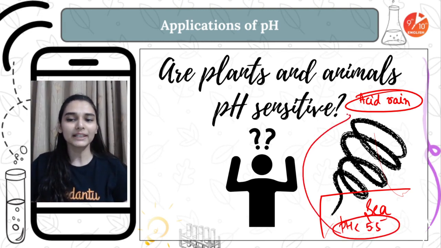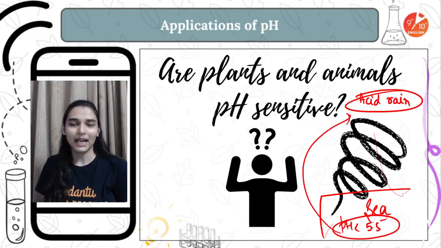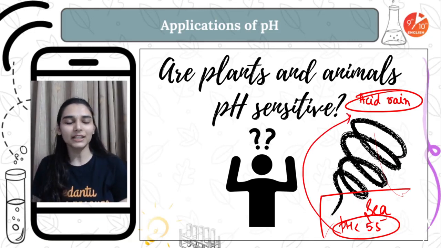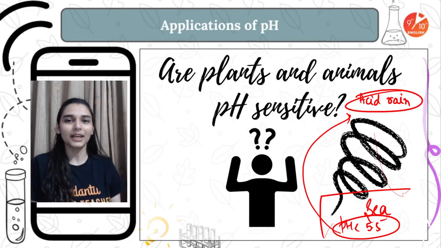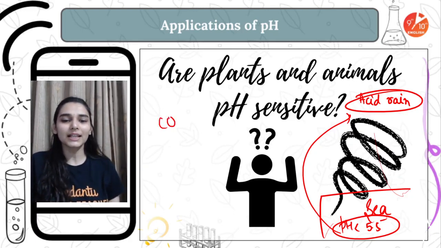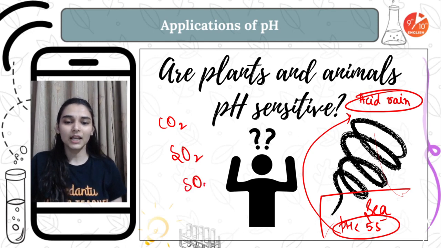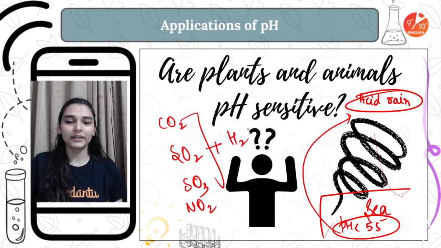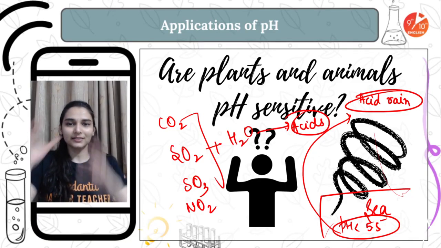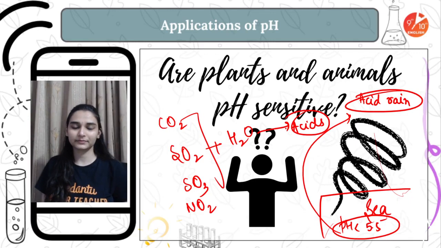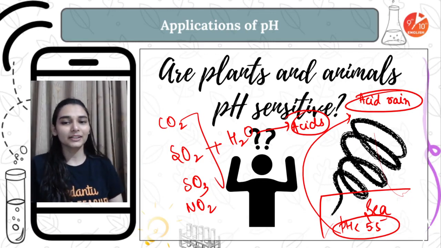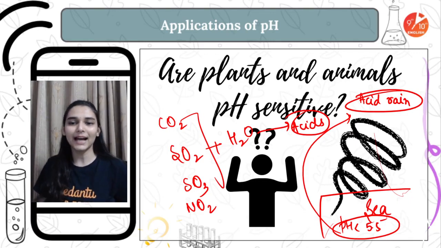ठीक है. So what happens if pH falls below 5.5 of the rain water? I will be calling it as the acid rain, and the primary cause of acid rain is the pollution that we are doing, है ना. जैसे we are releasing इतना सारा pollutants from the industries. These gases, they dissolve in the rain water and they form some acids, and these acids fall into the river, acid rain, and it basically destroys the aquatic life.